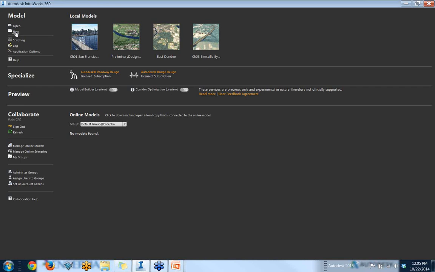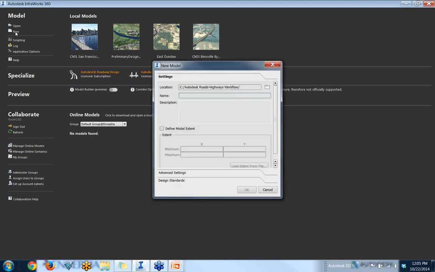When you click the new button, you're going to notice in InfraWorks that I've clicked it. It just takes a little while to react here. This location right here will be where your project folder resides. I'm just putting it on my hard drive here, and I'm going to go ahead and give this a